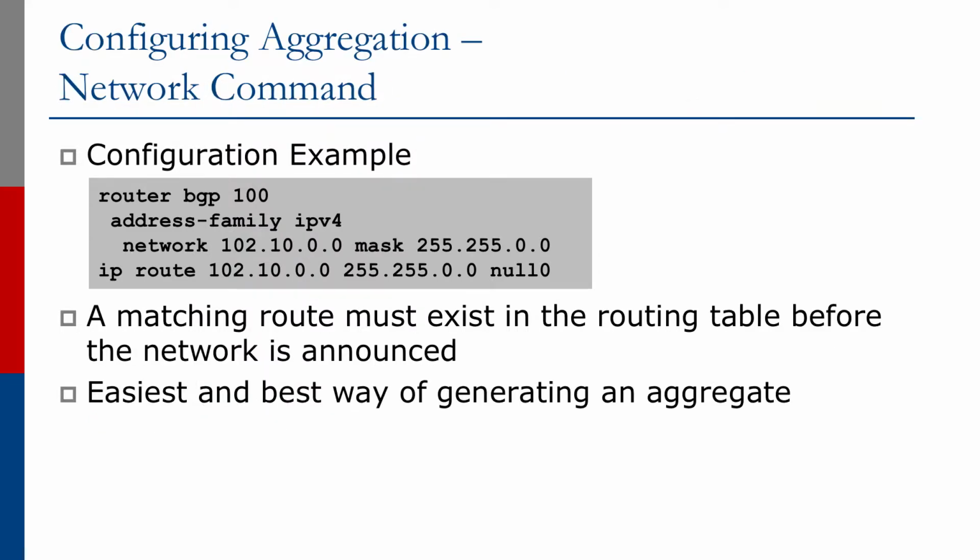Looking at the network command, it's the same implementation here as well. Static route to null for the aggregate, and then we must have the matching network statement within BGP to introduce the prefix into the BGP RIB. The network masks have to match exactly. A subnet is not good enough, they have to match exactly. I consider this the easiest and best way of generating an aggregate, and I've used this in many, many implementations and applications over recent years of helping network operators build and grow their infrastructure.